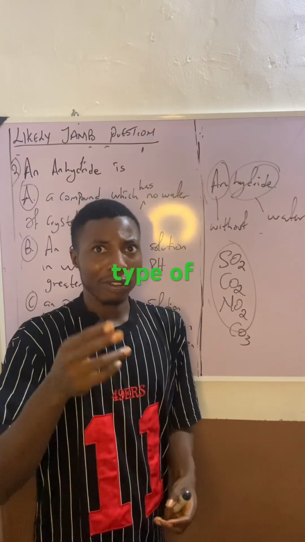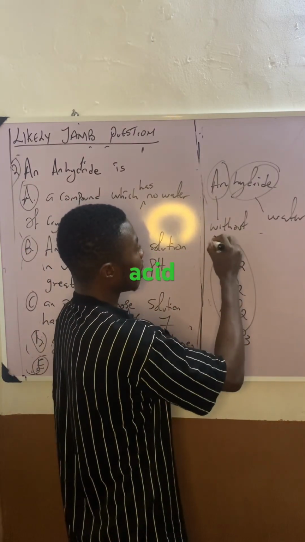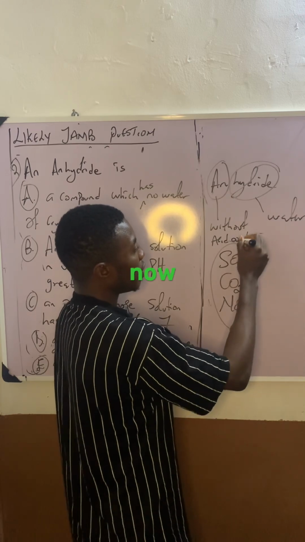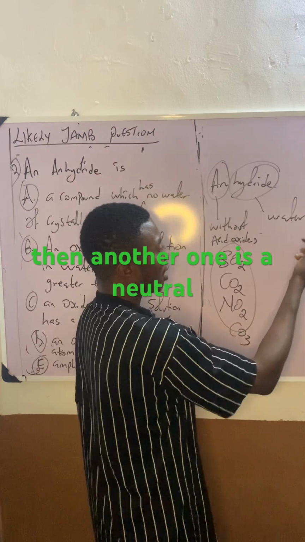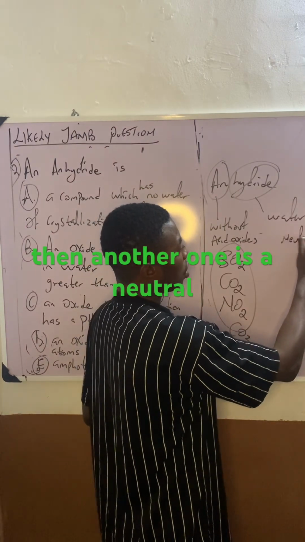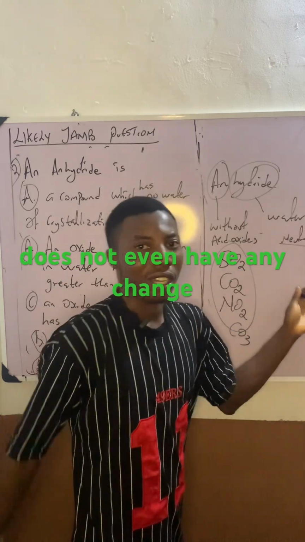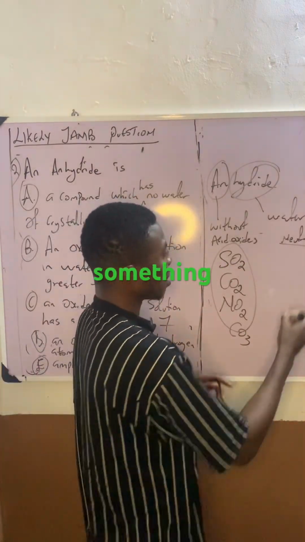So there's another type of oxide you're going to see. This is an acid oxide, which is an acid anhydride, which I told you here. Then another one is neutral oxides. These are the ones that do not even have any change in alkalinity. Even if you add water to them, nothing will happen. Something like your